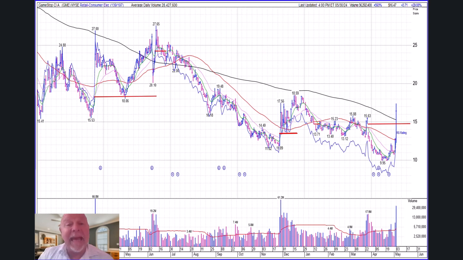Okay, GameStop, which is a meme stock that's been going crazy lately. I'm just going to show you some of the gaps on the chart, and they always seem to get filled almost to the penny on this chart. So you can see this gap up, and I drew that line there, and it went all the way up, and just all the profit takers came in, or the short sellers came in, drove it back down just enough to fill that gap. Isn't that funny? And then it went up from there.